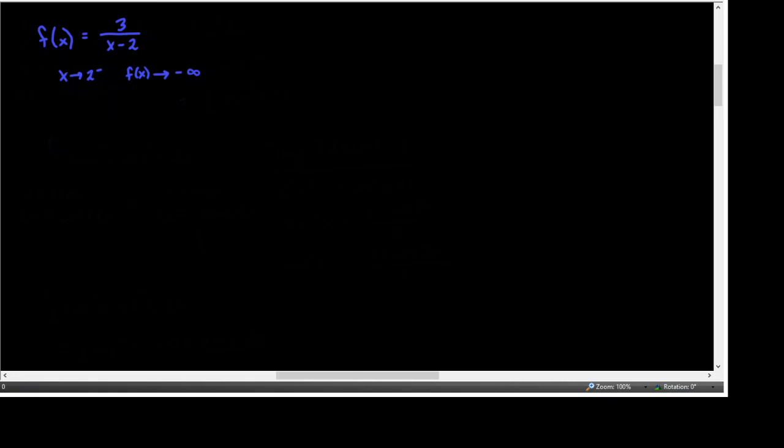That's what's going on. On the right side, as x approaches 2 from the right, the function outputs are bigger and bigger and bigger, so they're headed towards positive infinity. So from a numerical approach, we're getting infinite answers, unbounded answers. If we look at the graph of this function,